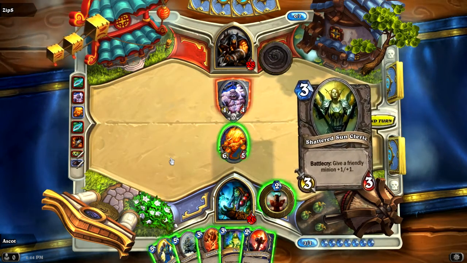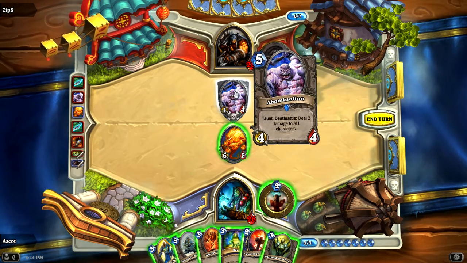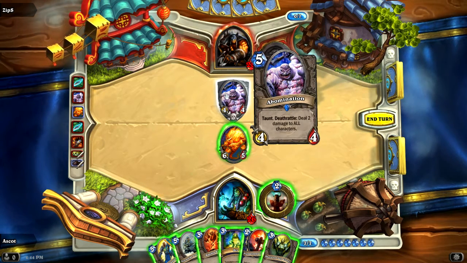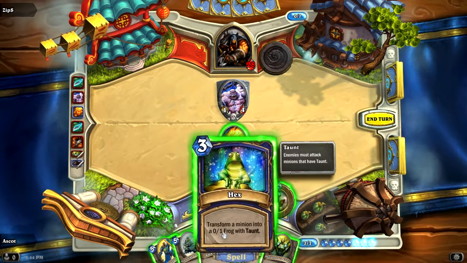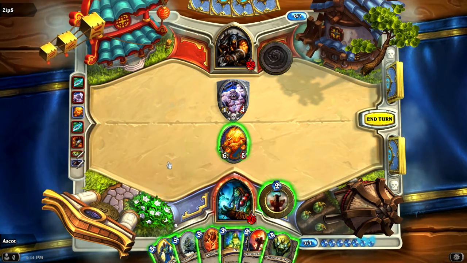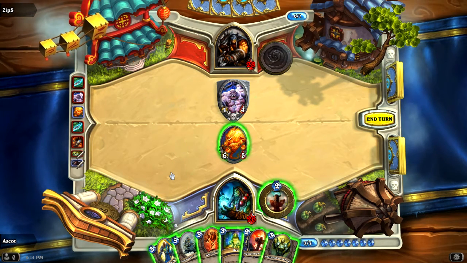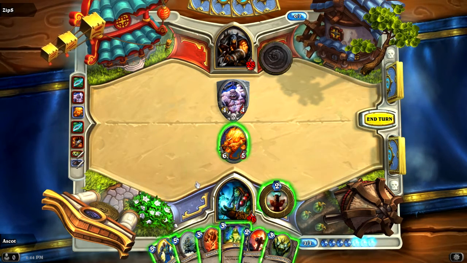Okay, so what I have to do first is I may Hex this. I think that would be the best play. I think I'm going to do that. I'm going to Hex this, and that would leave me with 4 mana, which would be enough to drop the Magma Rager. Let's go ahead and...